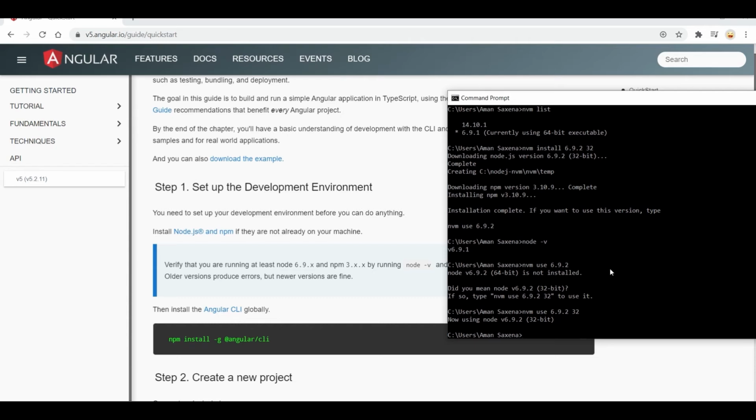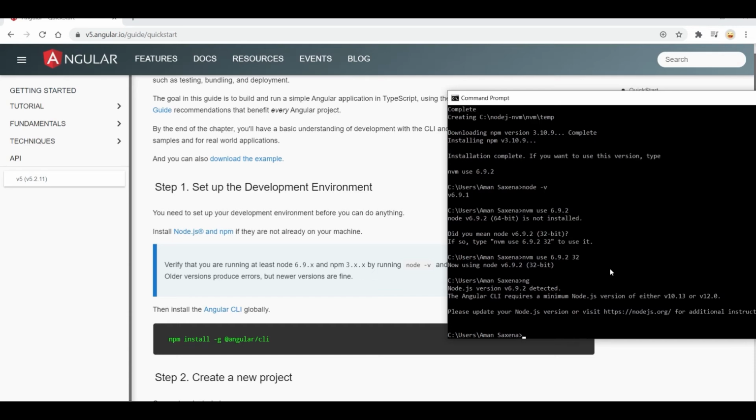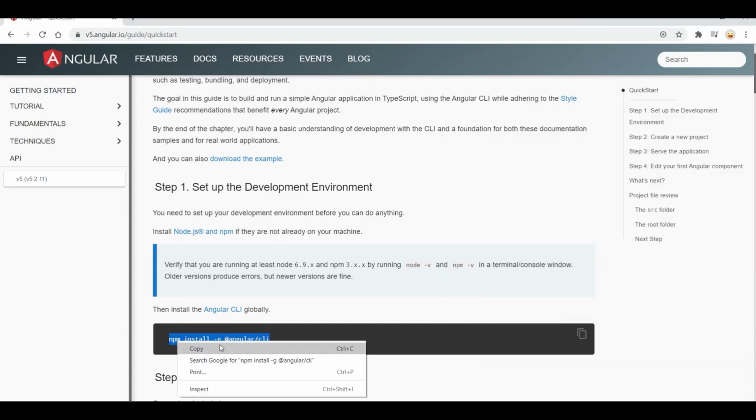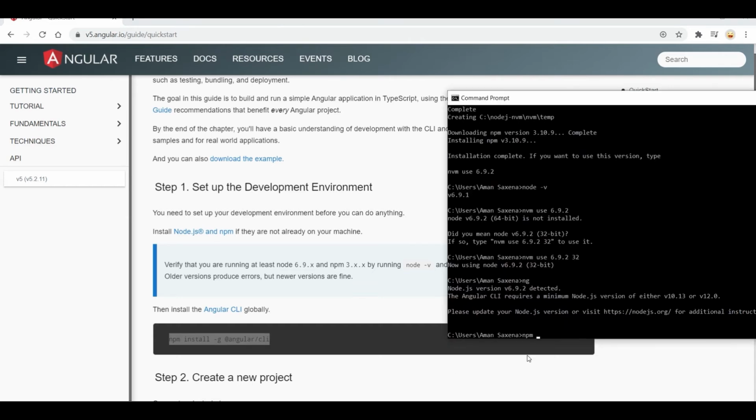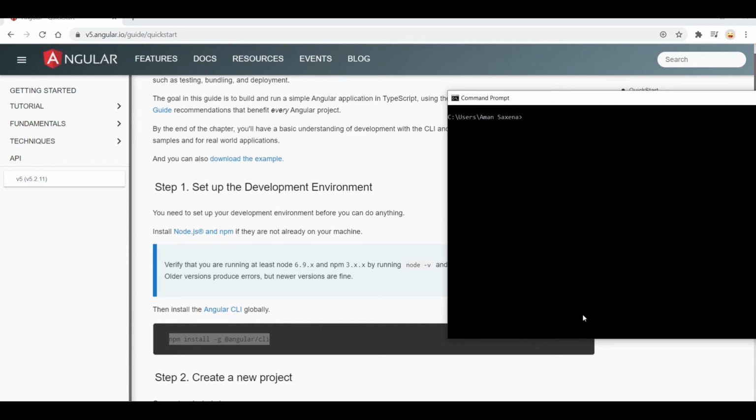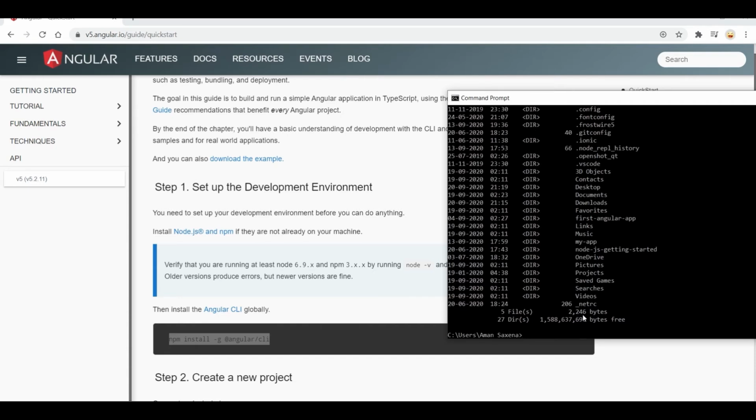So let's create an Angular application. Let's see if ng is working. So Node.js version 6.2 detected. Is ng working? Let's install the CLI. Let's not do it at a global level. Let's go to some particular directory.